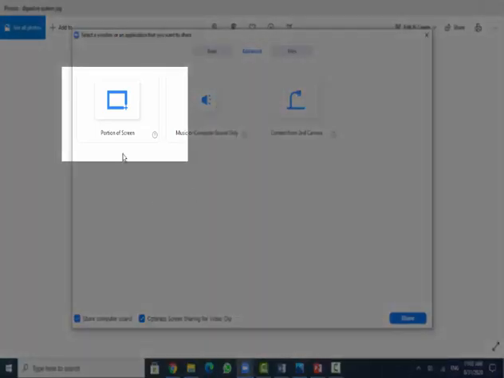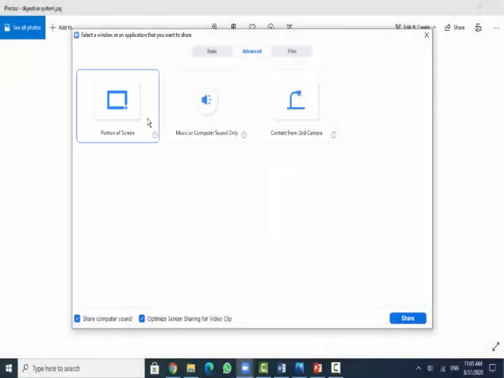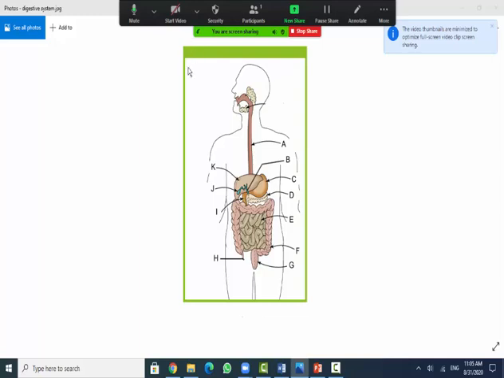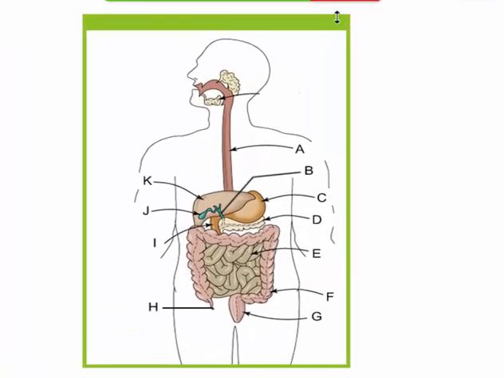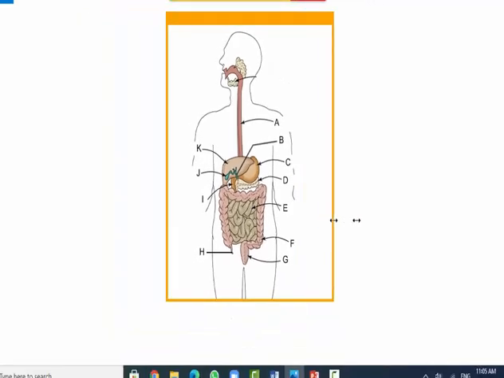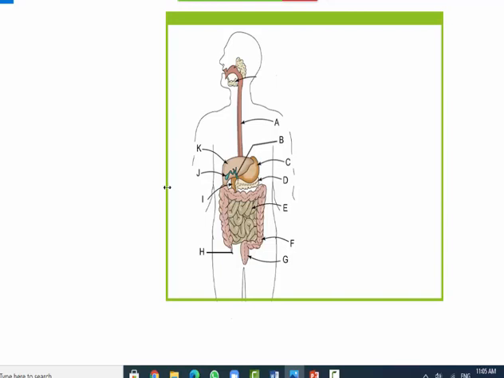Here we will try this one, portion of screen. By this option that we call portion of screen, we will share some part of the screen. Let's see how. I will click on this. So in this case, this portion of screen is only sharing this picture. You can see the green box, so it will share the green part of the picture only. You can extend the area of sharing